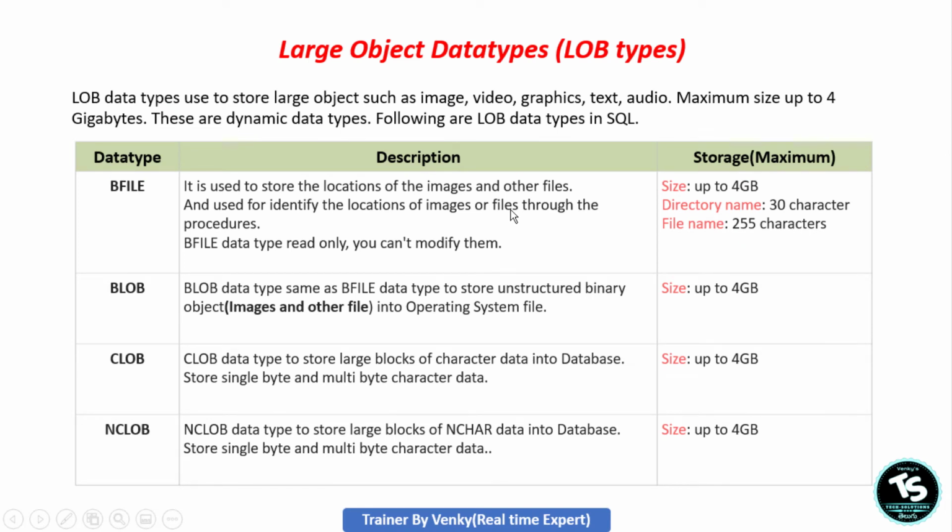Okay, so you can remember that all large objects are used to store up to 4 GB. I am telling you again, we can't use all these data types much, but sometimes we will use BLOB and BFILE whenever you want to save an image or other files. For example, take one college maintaining student data. In their database they want to save the student photo as well, because to identify the student, there may be multiple students with the same name in college. By that time they will use BLOB and BFILE.